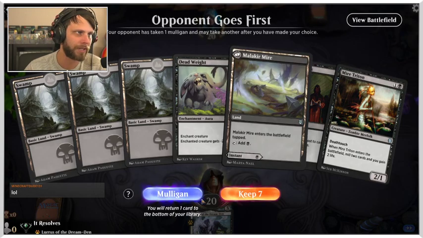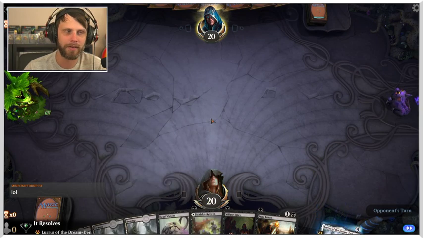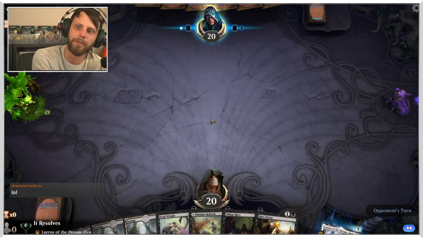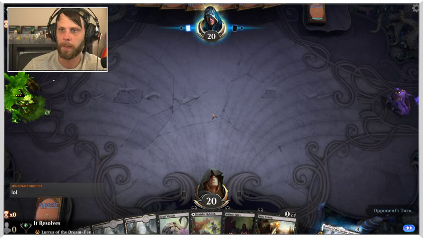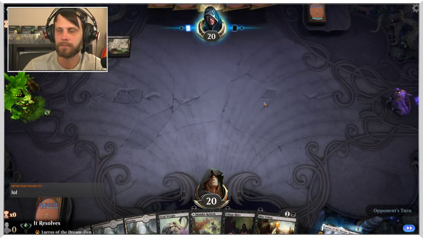Dude, screw it. We're gonna keep it. We have Deadweight, and they're on the play, so if they've got an early game threat of some kind, we can kind of hit them here. Well,